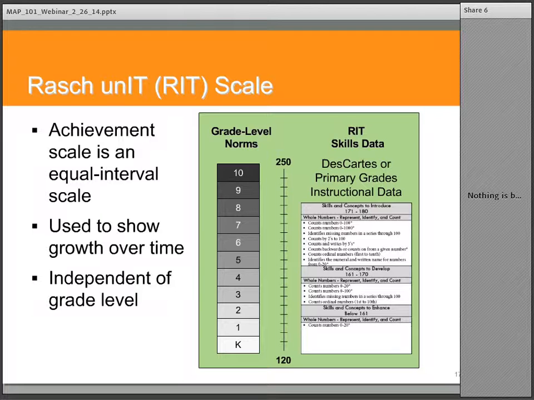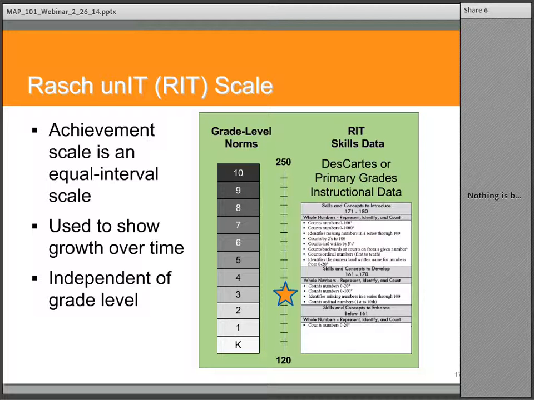This shows us on the gray band from the light colored kindergarten to 10th grade where an average student might perform. Right here, we're looking at a 3rd grade RIT, and what we have to the right of this bar is the RIT skills data, or the Descartes, or the primary instructional data. What the Descartes does is tell you exactly what the student is ready for instruction today, what they actually are able to do up to